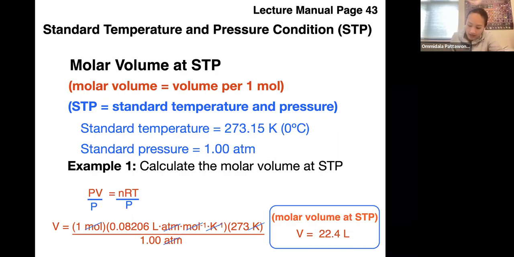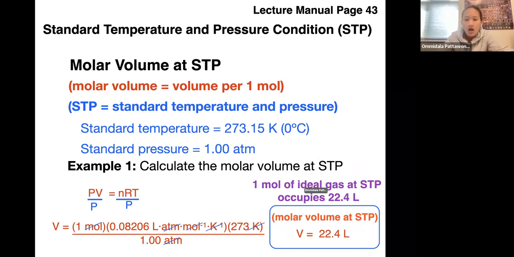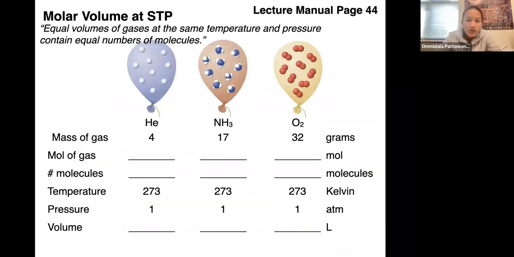Again, this 22.4 liters can be used only at standard temperature and pressure. I'm just going to highlight that. Because if you change temperature and change pressure, we already know it's going to change the volume as well. So in this case, you can use this number only with this condition. All right, the next thing we're going to take a look at is